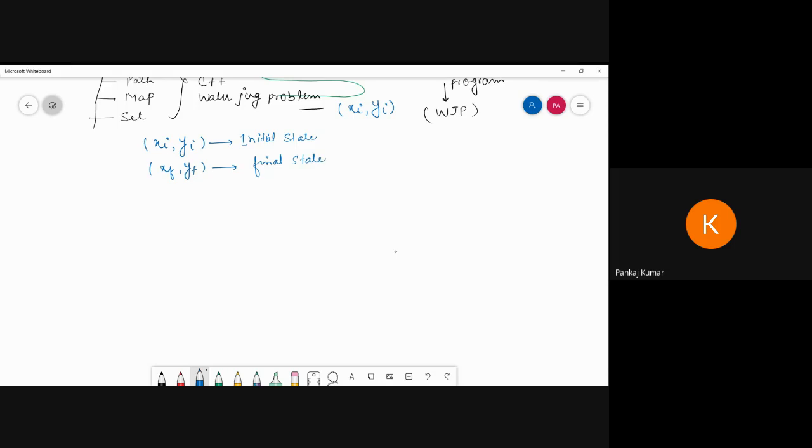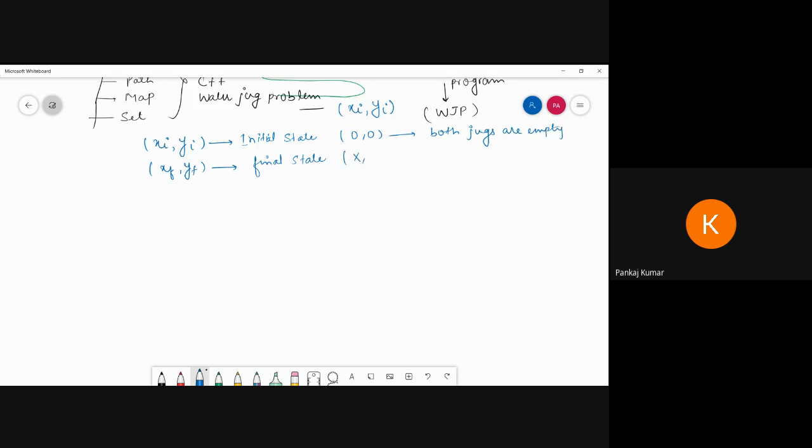And we can clear that. Suppose this value is 0, 0, that means both jugs are empty. This one is the meaning.